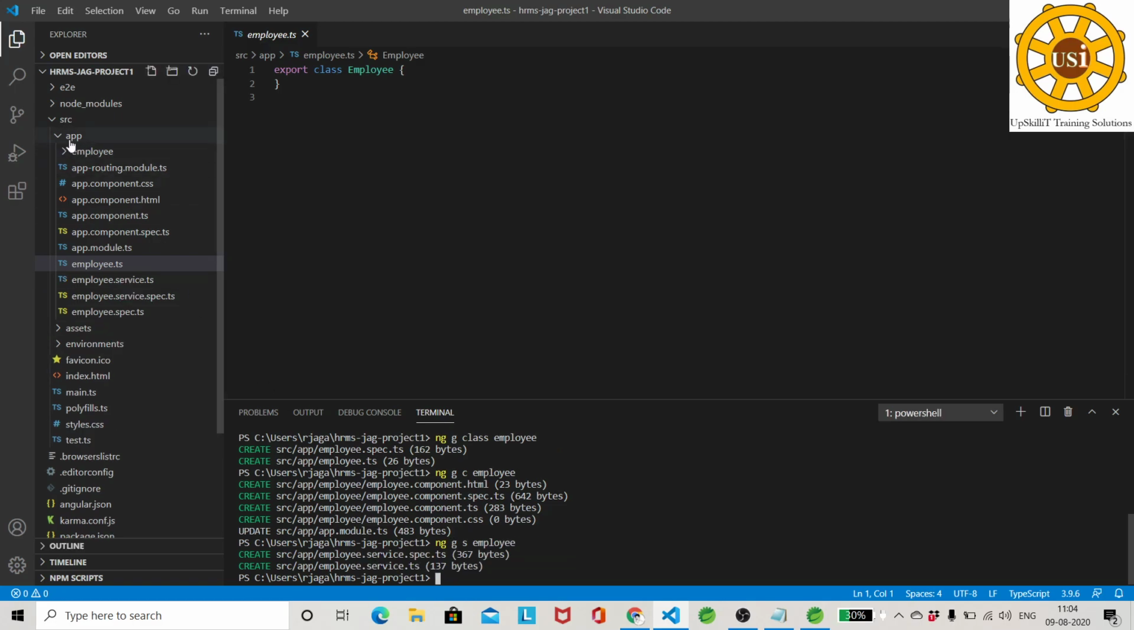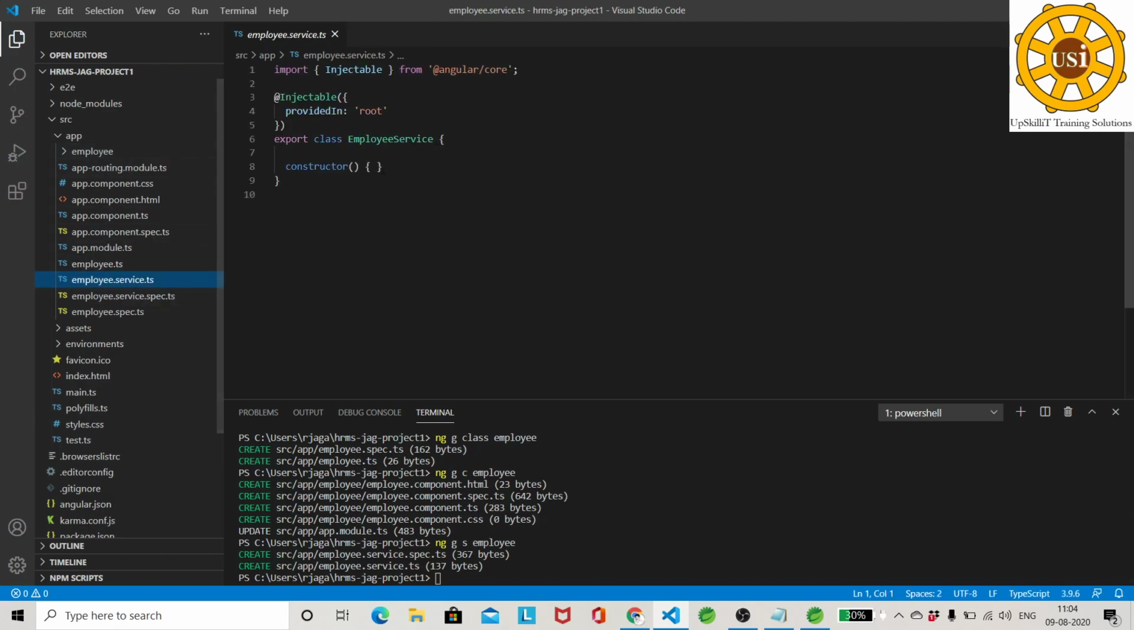So you can understand, inside the app, employee is there and employee service is there. So employee service is going to access the HTTP client. Before that, I just created a method called get employees. So this method is going to access HTTP client. In order to use HTTP client, we must import this HTTP client module in app